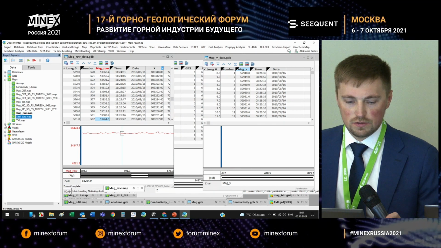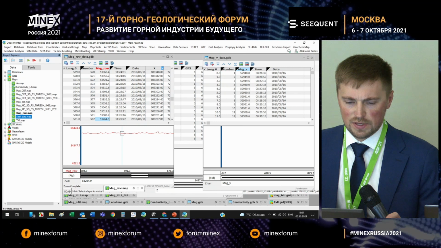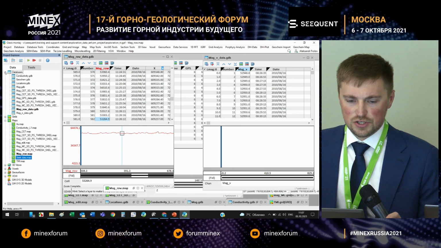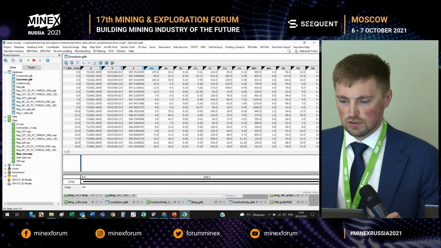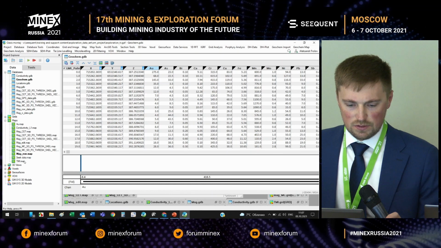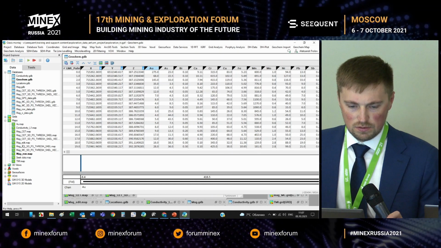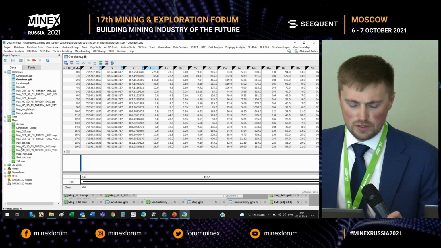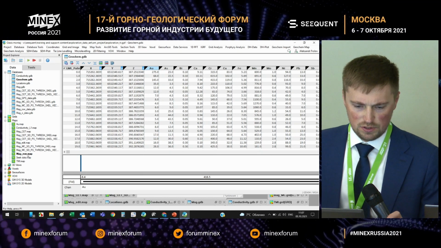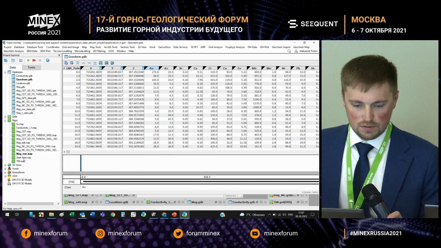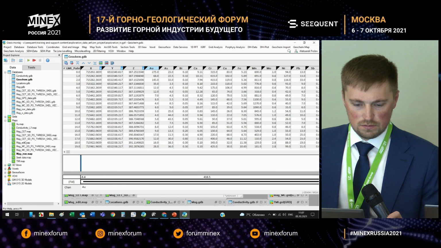Next, when our map is ready, it can be saturated with all kinds of data. Geophysics, as I mentioned, can be used as part of our environment. Geochemical anomalies can then be put on our map.